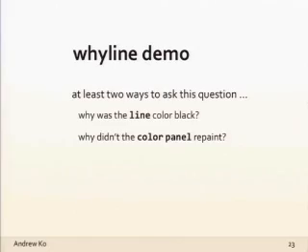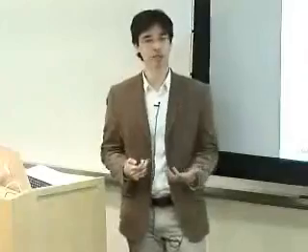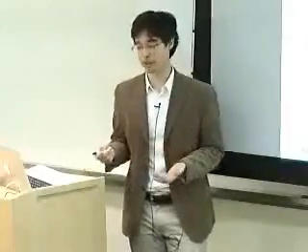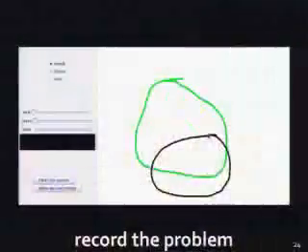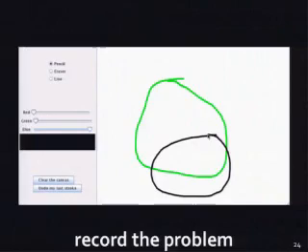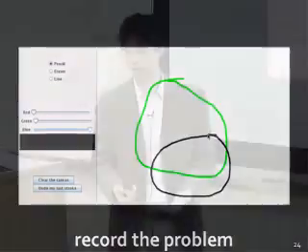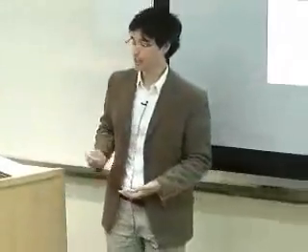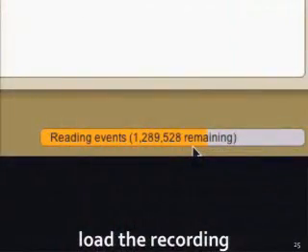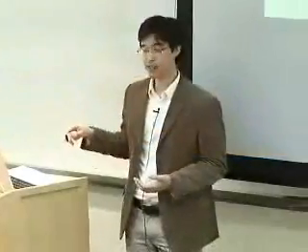Let's start with, why was that line black? Basically, the way the interaction works with the Whyline tool is that it's going to record an execution history. So the developer will record some demonstration of the failure of whatever bug they were working on. And then they'll load that execution history, and the system will generate a whole bunch of indexes and make it fast to support questions and answers. And then the user asks a question.